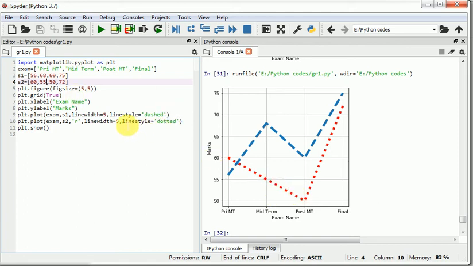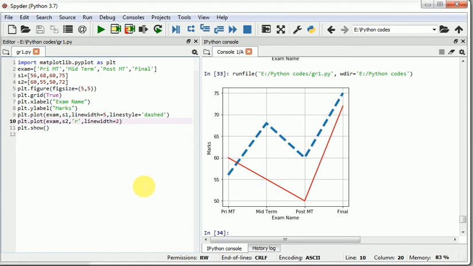I am changing this line also. Line style must be solid, so it looks good, and the width is 2. Okay, it looks good.